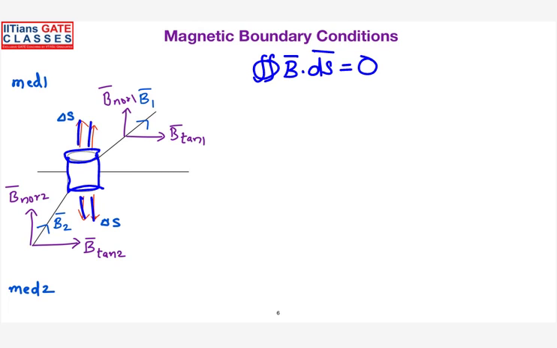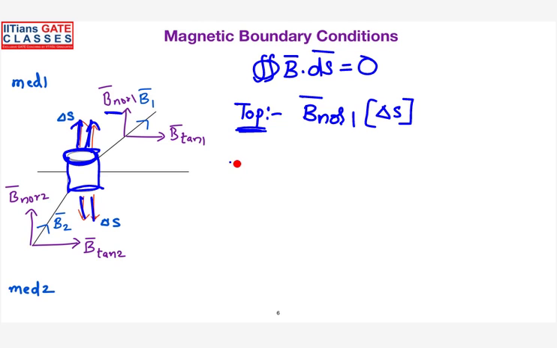So the net amount of flux leaving the surface will always be equal to 0. That's what we have seen in the Maxwell equation. So there is a flux which is coming out of the top surface. What is the amount of flux coming out? If we go in the top direction, the corresponding B will be B normal 1. So B normal 1 is the corresponding magnetic field, which is coming out in a loop area. You can see here, this is my loop area of delta S.